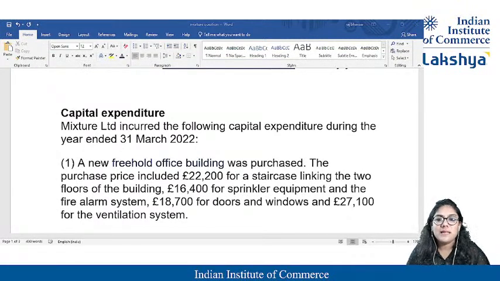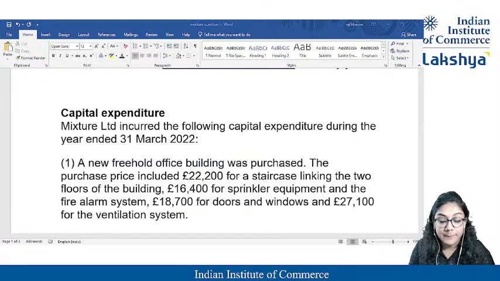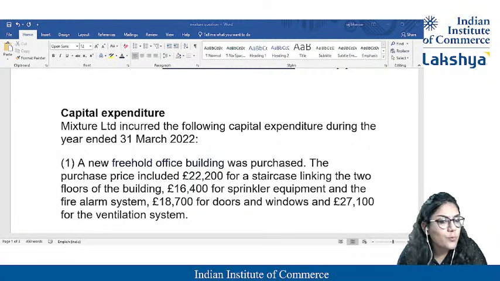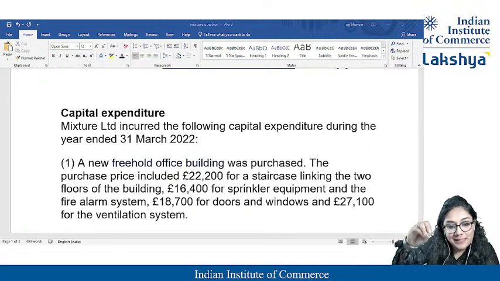You need to tell what capital expenditure is first of all. Ma'am, I have to capitalize it, right? And will I always get the capital allowances? There are two bifurcations, on plant and machinery. Guys, you should back up because this type of question comes in the paper, and it is the easiest question. For plant and machinery, we get capital allowances, but do we get a capital allowance for building? We don't get capital allowance for building, right? So no capital allowance is given for building.